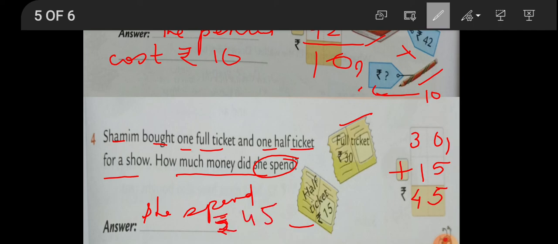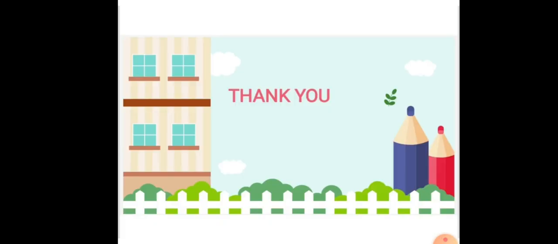Okay, beta? So please listen to this carefully 2-3 times and please solve this exercise in the book, children. If you are not able to understand, listen once again. And please, I request you to try to solve it on your own. Just don't copy it down, beta. It can be a sort of revision for you. If you are able to do it, that will be very good, children.